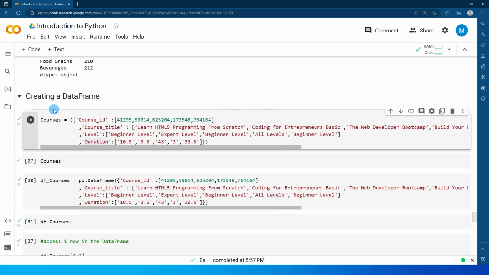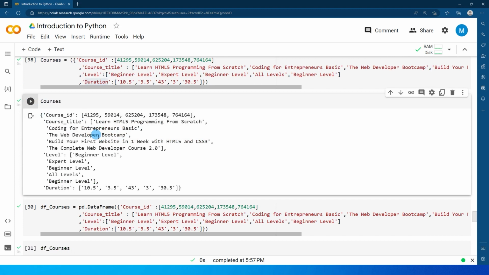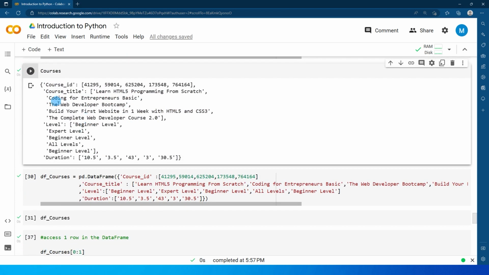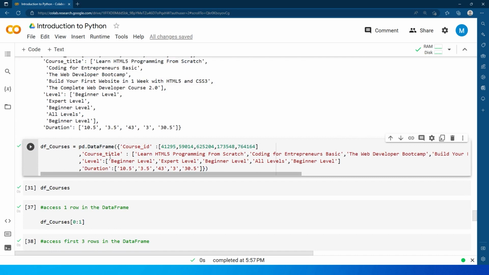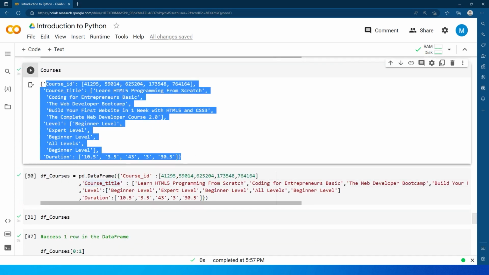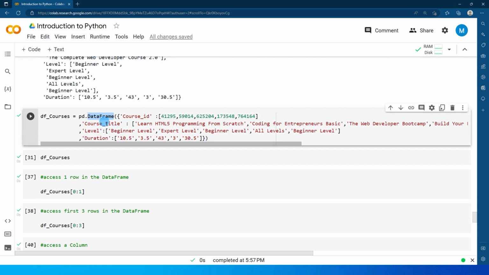You will see that we've now created a variable, and when I call this particular variable, you will see something like this, which is a dictionary, which we have seen earlier as well. You will notice that this is not very readable, and to make this readable, we can use the pandas DataFrame function to convert this dictionary into a proper table-like structure, which is called a data frame. So let's call the function pd.DataFrame and pass in the dictionary that we have created over here,